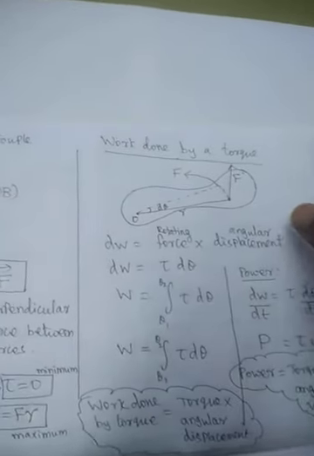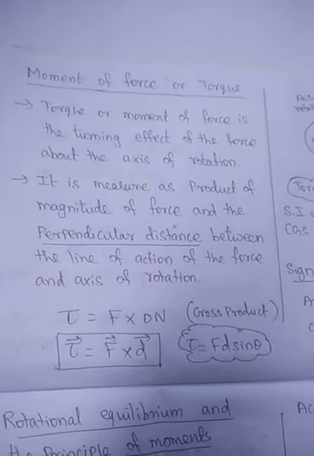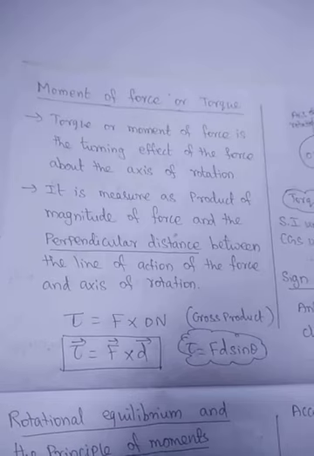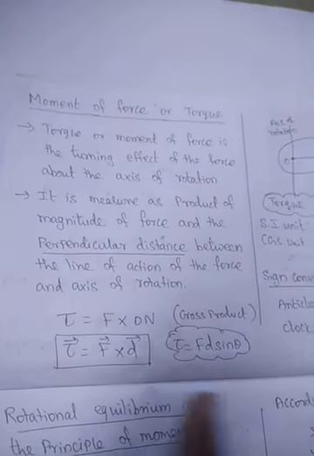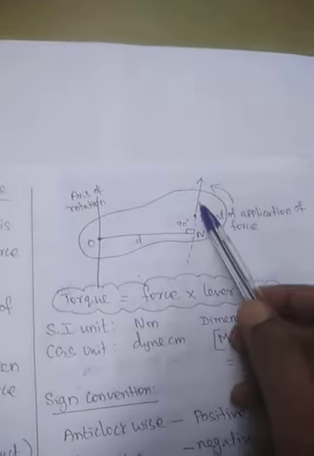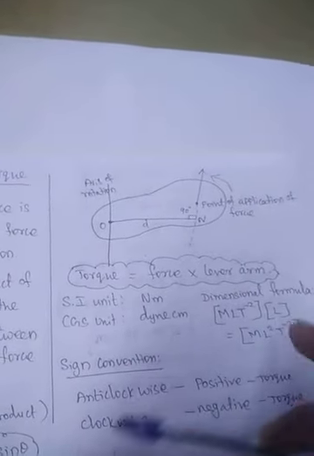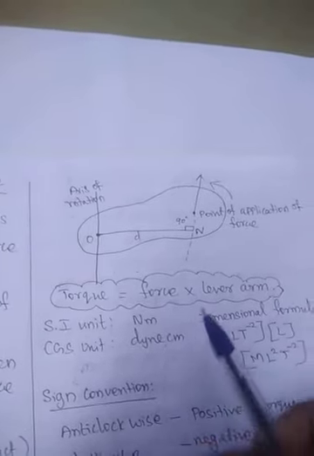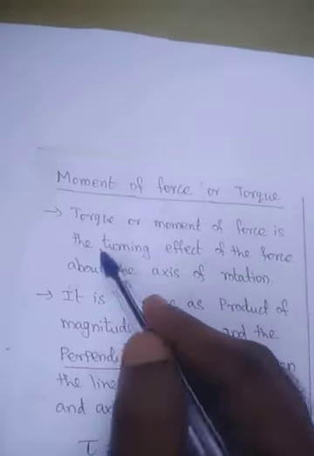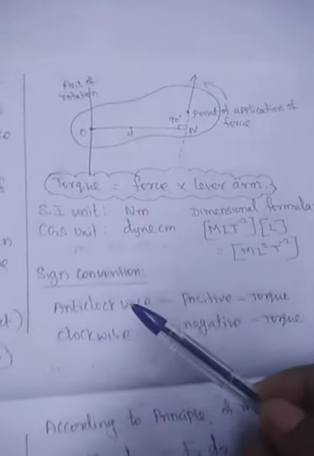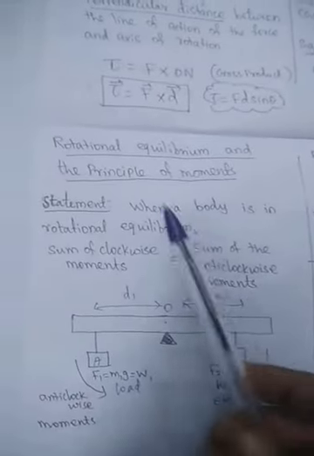So hence students, very simple. We are seeing what torque is. Torque is force into perpendicular distance. One axis is the fixed axis and at the other end we are moving. When the force is applied on the other end, there will be a rotational motion. That rotational effect is called torque, that means the turning effect of the body. Simply, the turning effect is called torque. Then, the SI unit and sign convention, we have seen. Then by using the torque concept, we derived the principle of moments and couple.